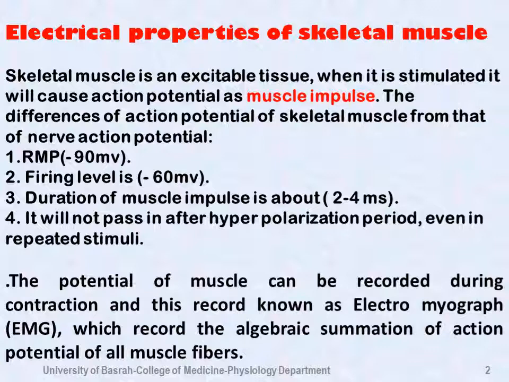First of all, the resting membrane potential of skeletal muscle is minus 90 millivolts. The firing level is minus 60 millivolts. Duration of muscle impulse is about 2 to 4 milliseconds, and it will not pass in after-hyperpolarization period even in repeated stimuli. يعني skeletal muscle never pass in ما يسمى بالaccommodation or adaptation. And when we apply a repeated constant stimulus, there will be continuous contraction of skeletal muscle, contraction and relaxation without